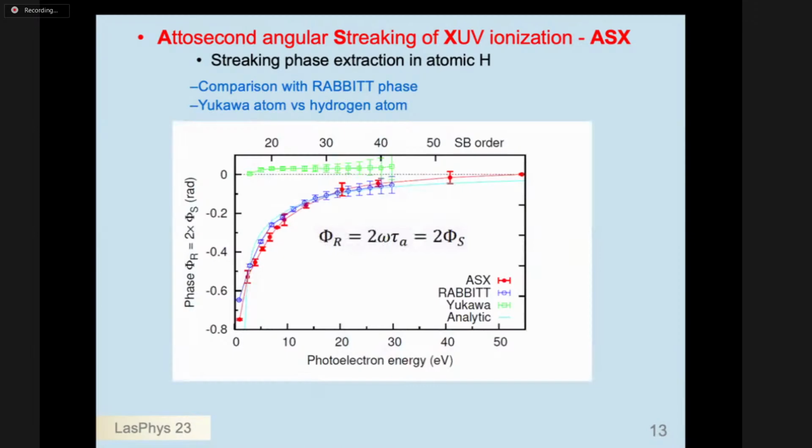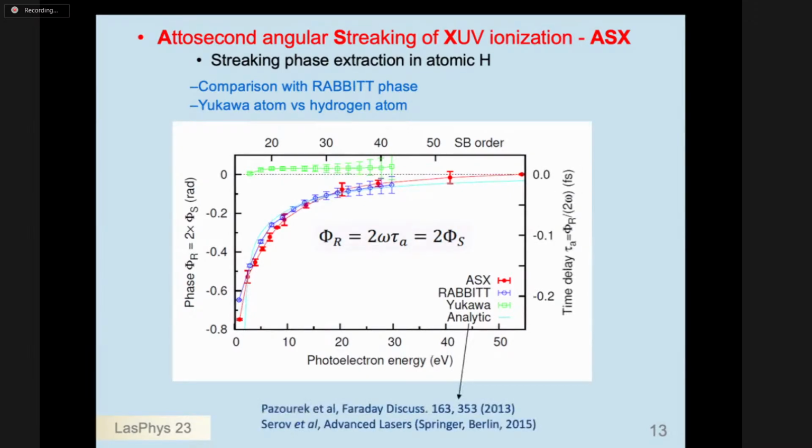The only point that we have to recall is that the rabbit signal oscillates with twice the laser frequency, whereas the streaking signal oscillates with single streaking frequency. So the rabbit phase has to be compared with twice the streaking phase. And when we make this plot comparison, it is nearly perfect, a very good agreement with the analytical model,